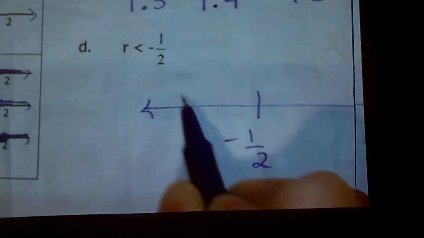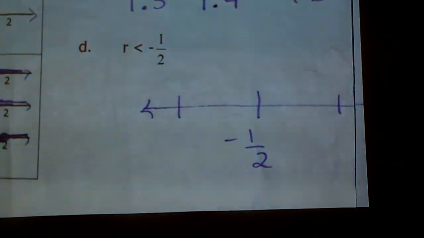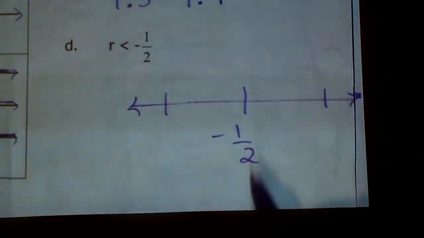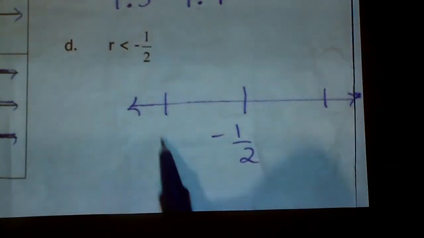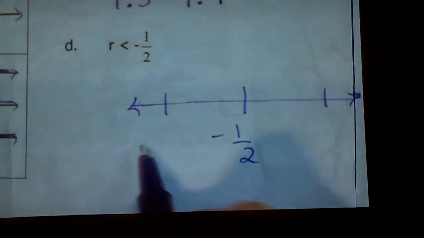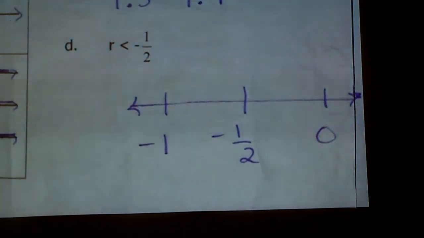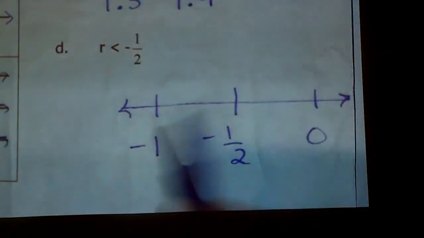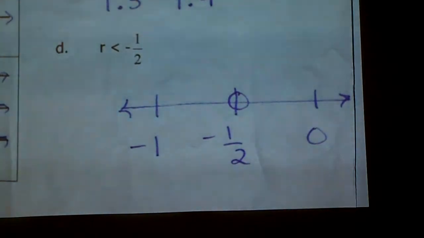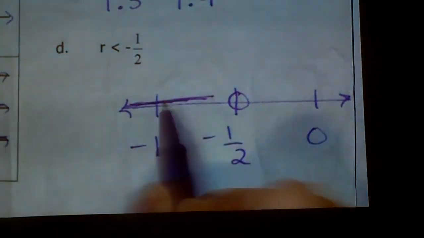And last but not least, if r is less than -1/2, that means in the center here, I want to put -1/2. And I think I'll count by halves. So if I'm at -1/2 and I go down another half, that means I'm at -1. And if I go up a half, that means I am at 0. And if r is less than -1/2, I'm going to use an open circle because it can't be -1/2. It can only be all the values